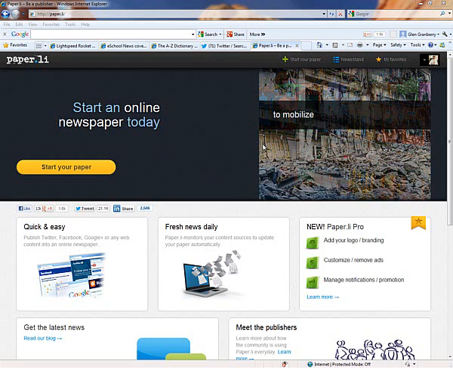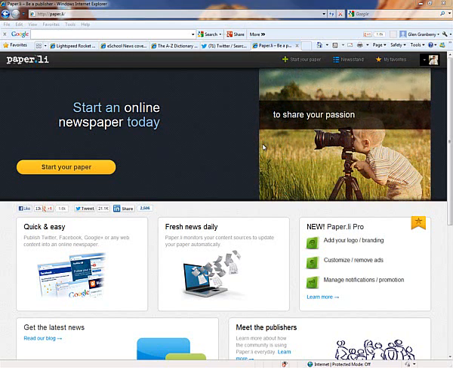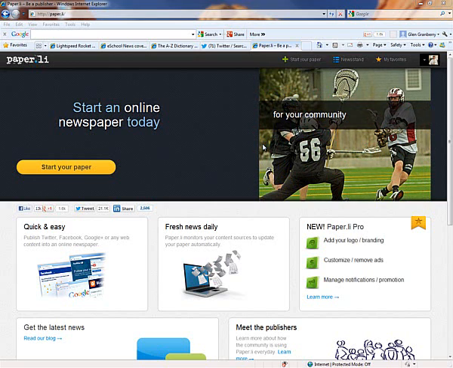What's nice about this Paper.li is it takes all that content and organizes it in a paper style format with headlines and articles, and you can click through and read any of the sources of content that are of interest to you. So to get a better understanding of what I'm talking about, I'll go out to my